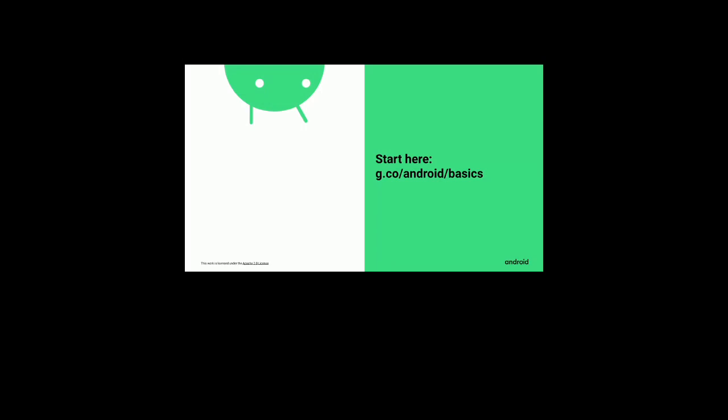Can you please provide me the screen sharing option?